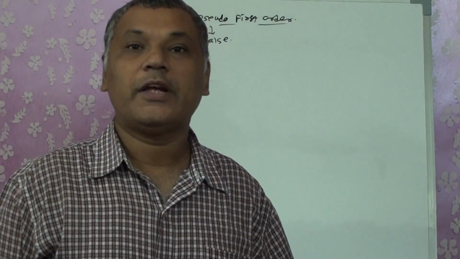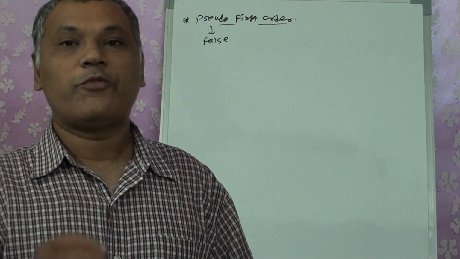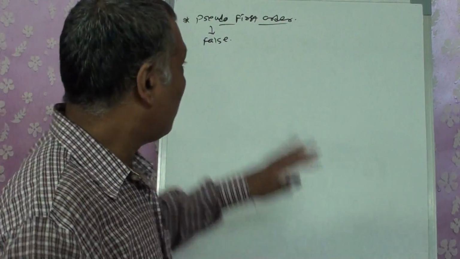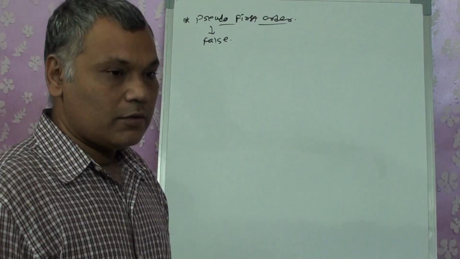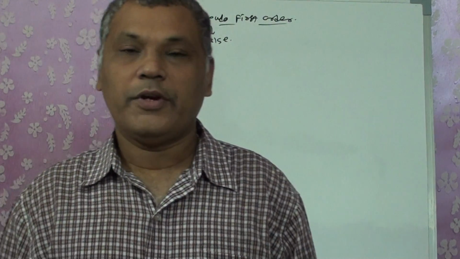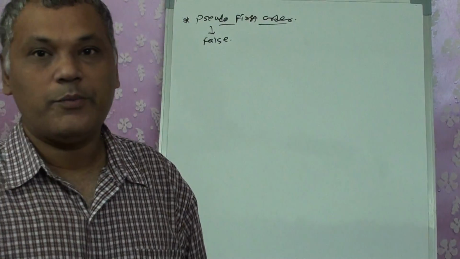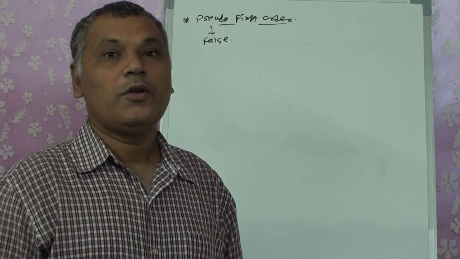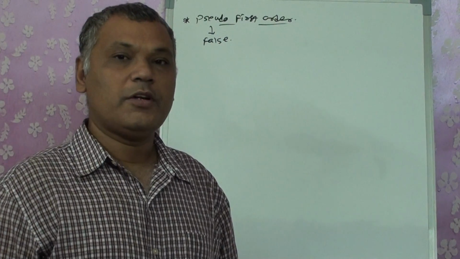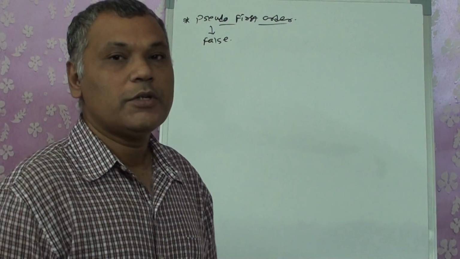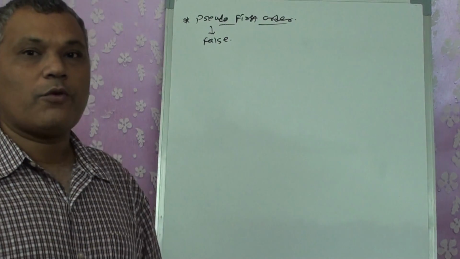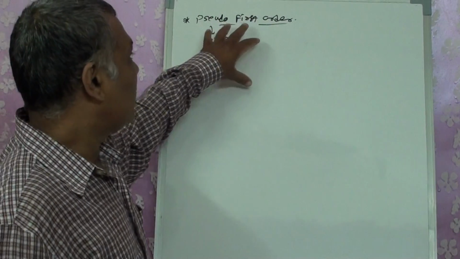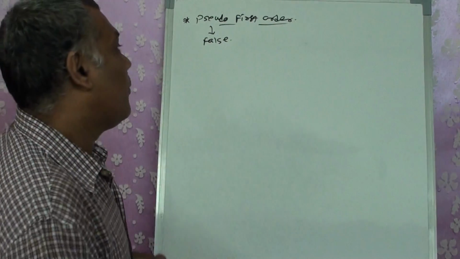Pseudo order of the reaction can be of any order, right? But for our syllabus we have been given only the pseudo first order reaction. Like we studied in our integrated equation only zero and first, right? Order of reaction can be many others. It can be fraction, it can be zero, it can be negative, any of it. But out of that we did only two of them, zero and first order. Similarly, pseudo order of the reaction can be any of it, but we are going to study only one of it, and that is first order, right? Particularly an example.